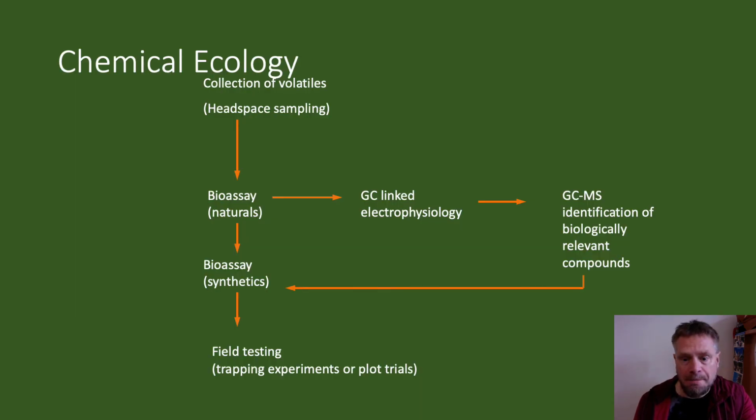So we've done the electrophysiology. We've got some particular compounds of interest. So there'll be a GC peak, and you can use a kind of retention index to locate where that is. And the next step is to use gas chromatography mass spectrometry. So this is a chemical analysis technique, but by